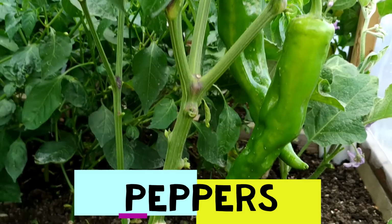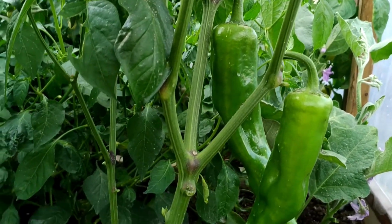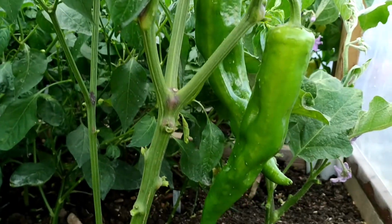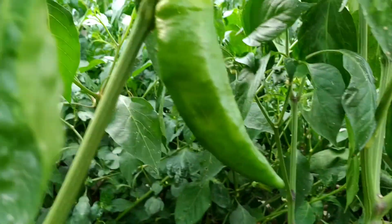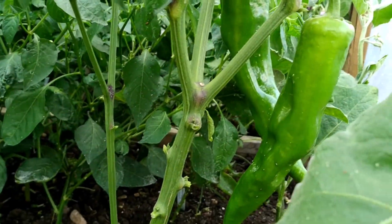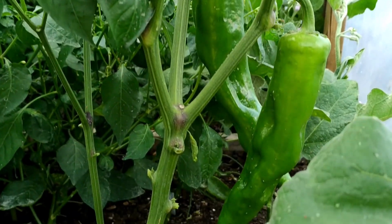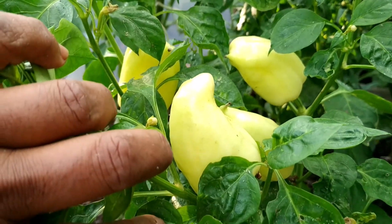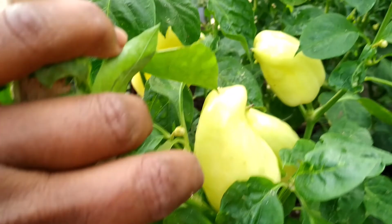These are the peppers. They're called sweet tasty mix. They turn red later on, but the size of that is almost like a finger. Same as here, it's not yet matured, and this one is nearly matured. In 2 days' time it's going to turn red, some of them orange as well. This is the pepper called sweet bonita, yellow color,